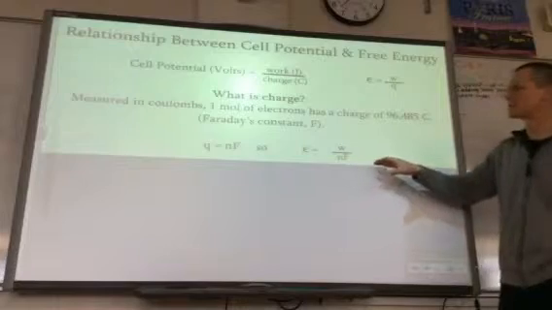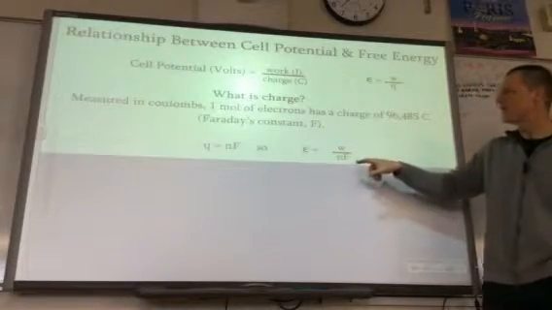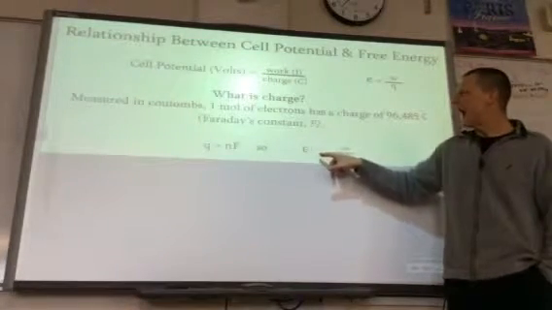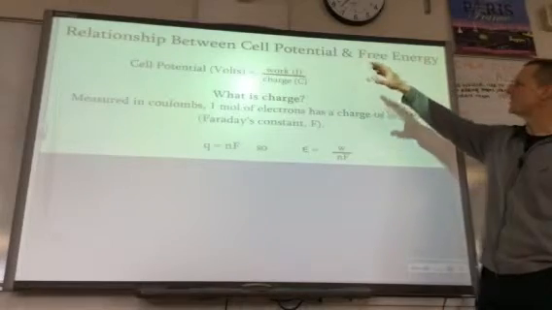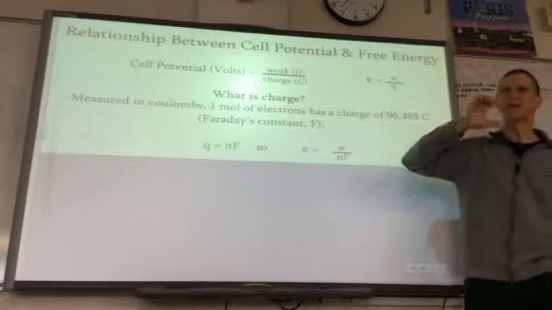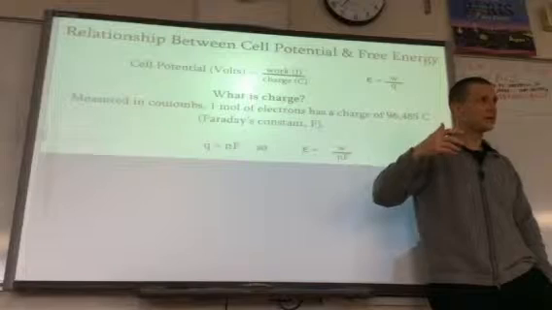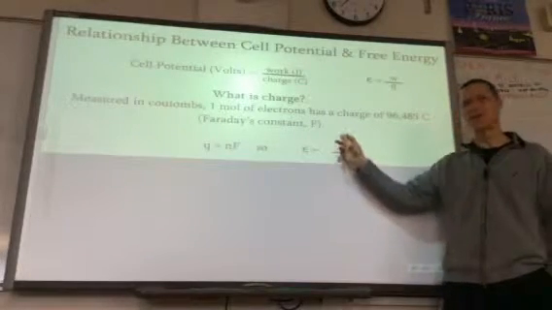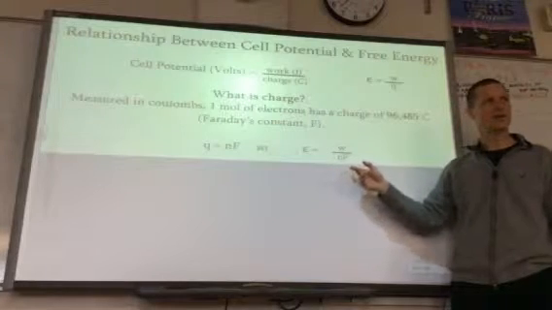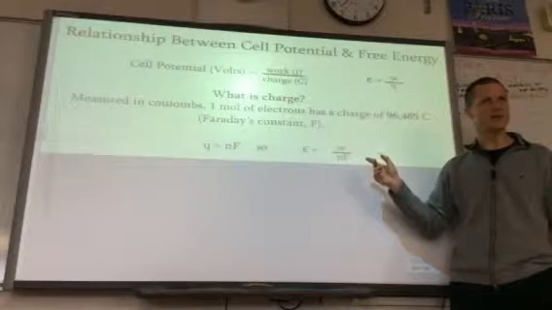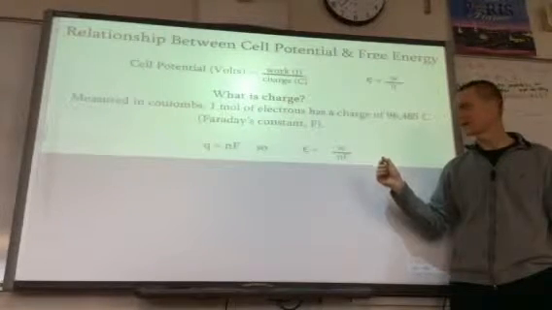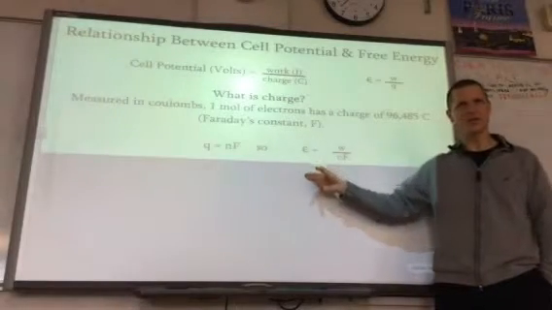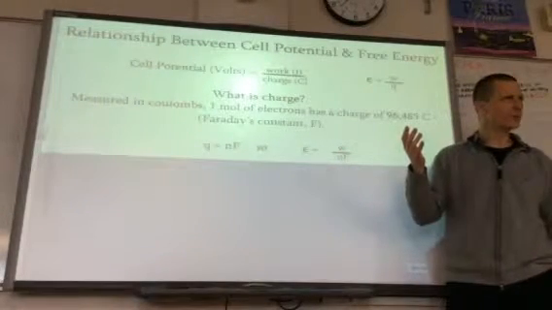So already we're getting someplace in this little baby derivation. What we're looking for is a relationship between cell potential and free energy. Free energy, remember, is delta G. Are any of these quantities equivalent to delta G? One of them is. Which one is closest to delta G? What is delta G, you remember?